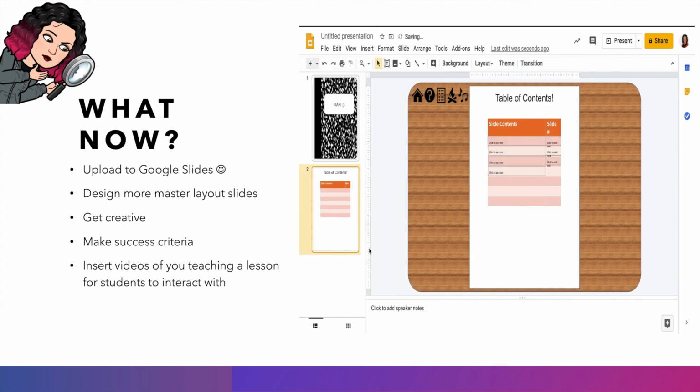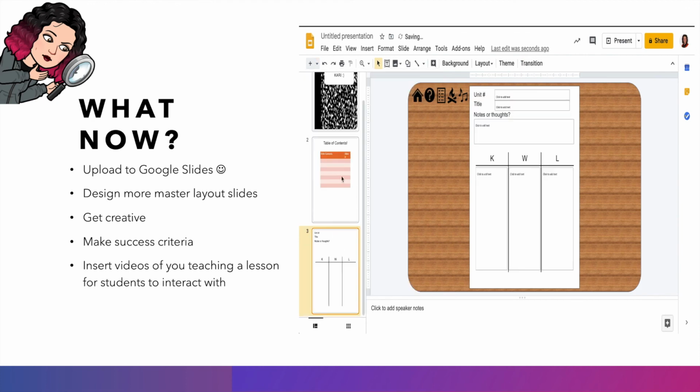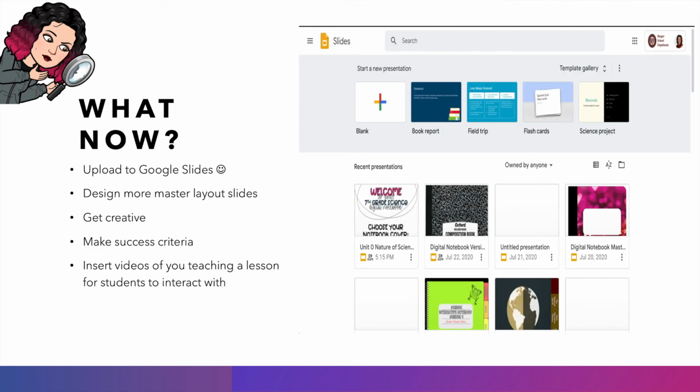We're going to start with the table of contents, and we're going to add another slide because we're ready to start our unit, and let's do our KWL. The fonts didn't transfer. If you want to save special fonts, I would recommend saving your slides as a picture and uploading them as a background. But if you are stuck or if you need anything, please reach out to me and let me know. When you finish,